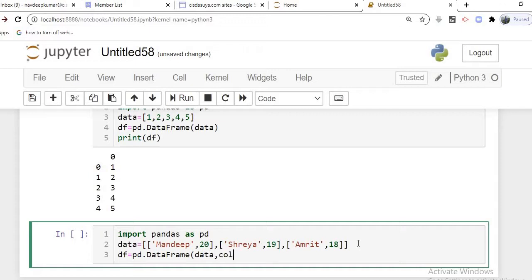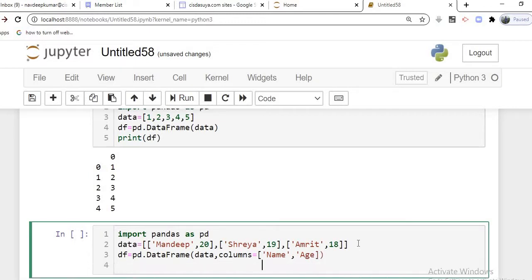Then we want to set columns equal to: the first column is name, and the second column we want to keep as age, and the final step is we want to print it.